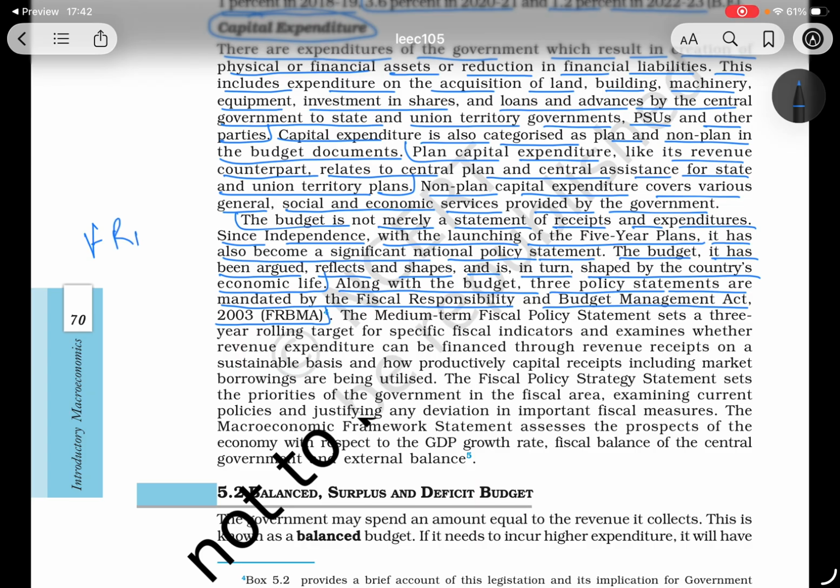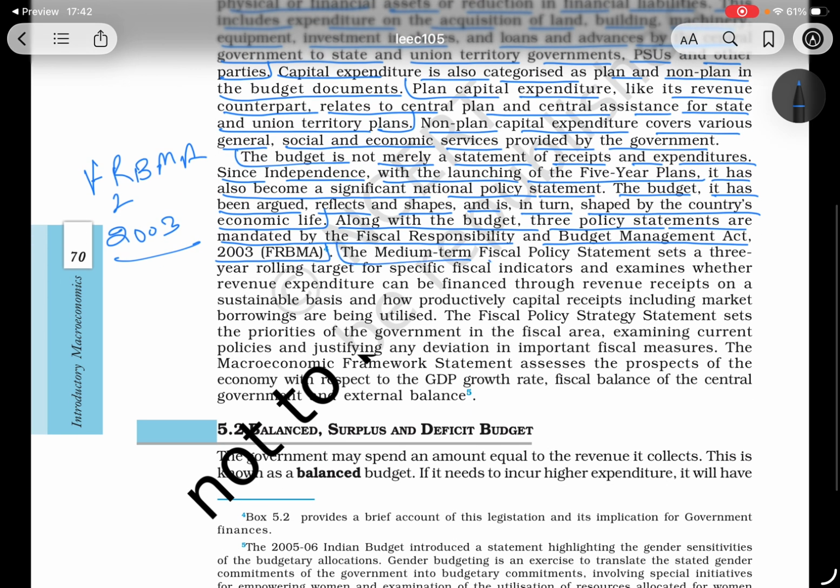This is the most important. When did the FRBMA come? It came in 2003. The medium-term fiscal policy statement sets a 3-year rolling target for